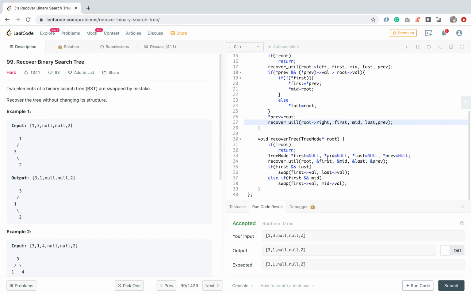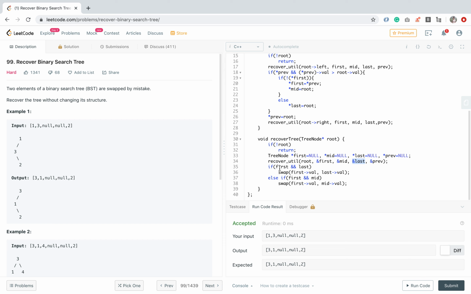There are two cases: the two elements are consecutive, or they are not subsequent. First is the first element which is out of order. Mid is basically the next element after the first, and last is the second element which is out of order, and previous we are taking for iteration.